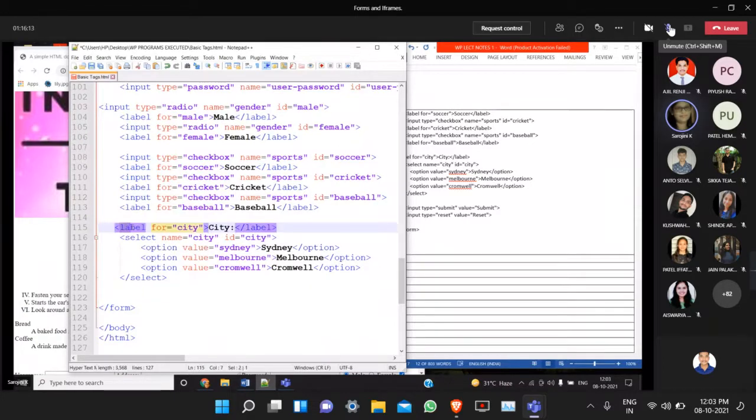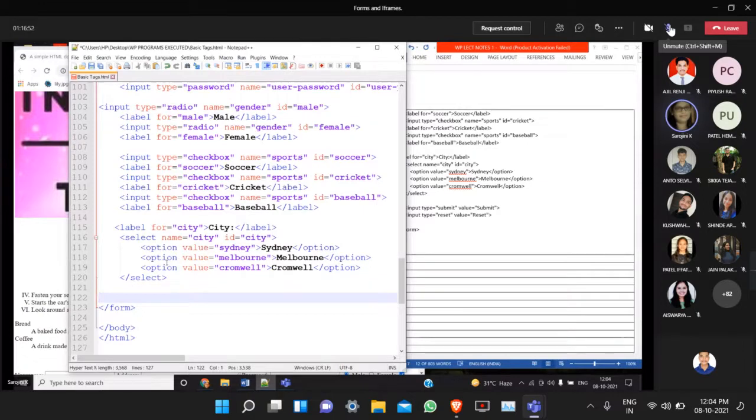Remember, we have to use the select tag to display the list box, or drop down box, or option box, anything. So I'm giving a label for the list box, label for city. And within the opening and closing select tag, which is a container tag, we display the option tag.